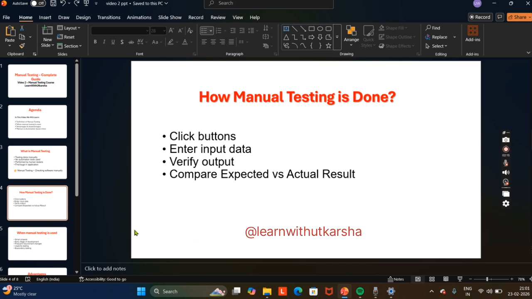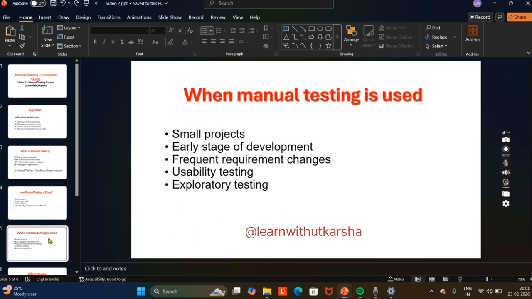Now let's see when manual testing is used. So manual testing is mostly used in small projects, in early development stages, when requirements change frequently, for usability testing, for exploratory testing. So here comes the terms usability testing and exploratory testing. So just remember these words for now.